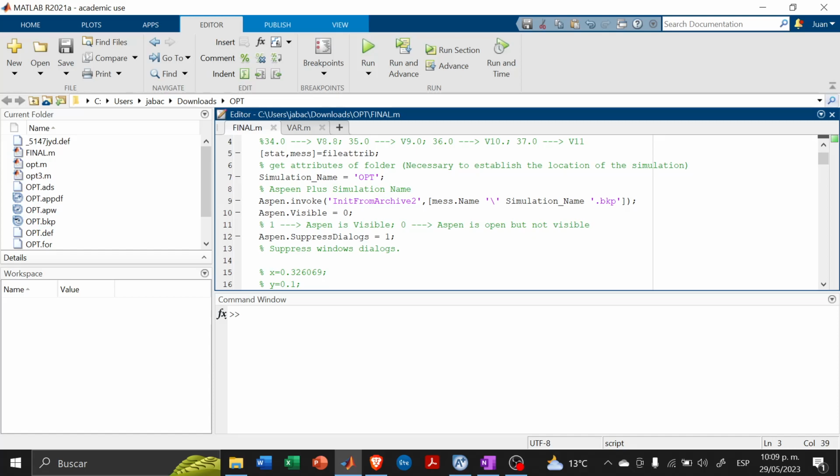But we are going to also turn Aspen visible, so make this equal to 1 to show that it is actually placing the variables in Aspen. So the idea of doing a link between Matlab and Aspen is that you can tell Matlab which the variables are that you want to change in your Aspen Plus simulation, and then run Aspen Plus, and after this simulation has converged, you can retrieve the results that you want from Aspen,